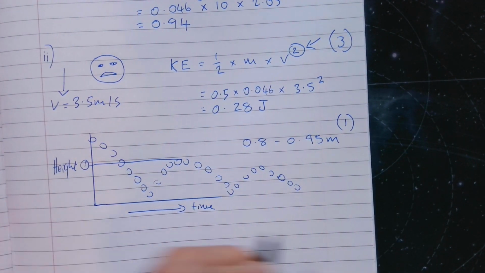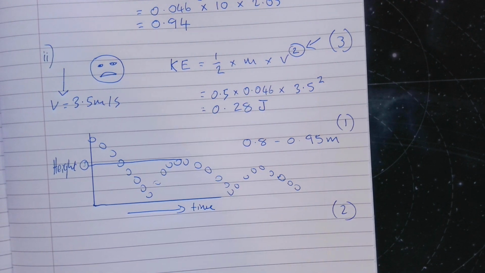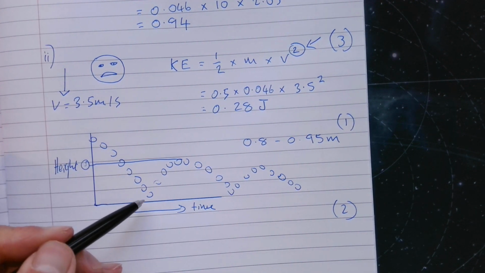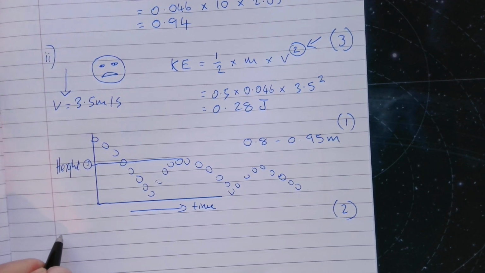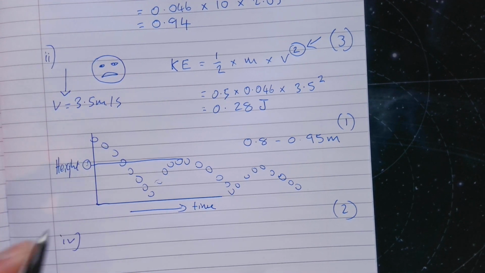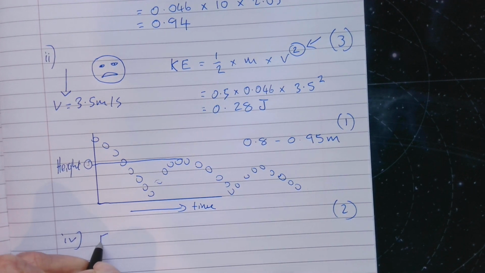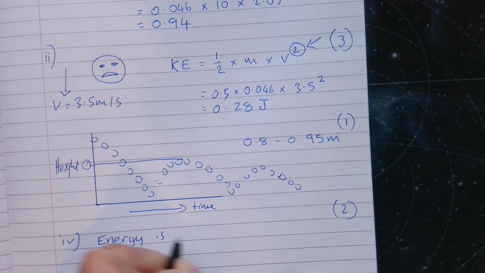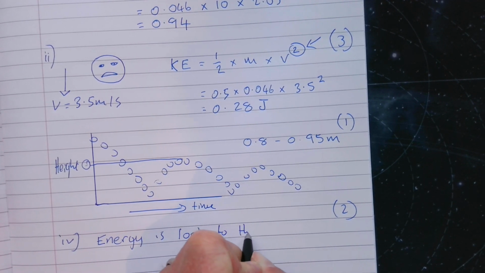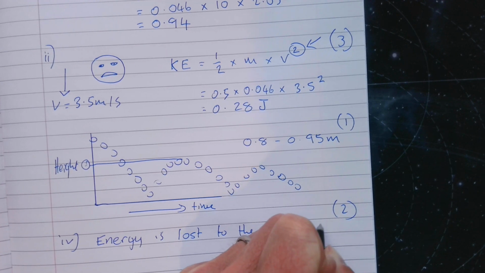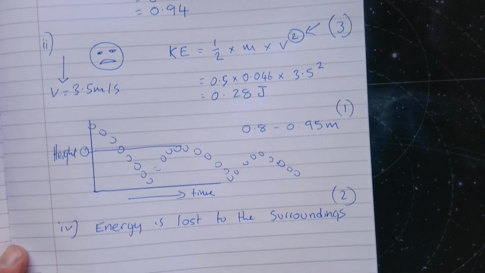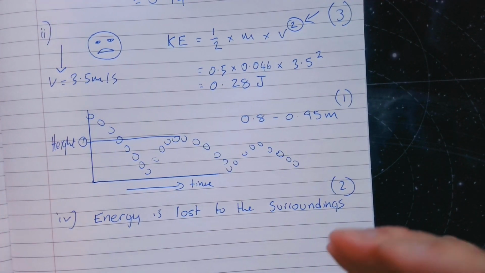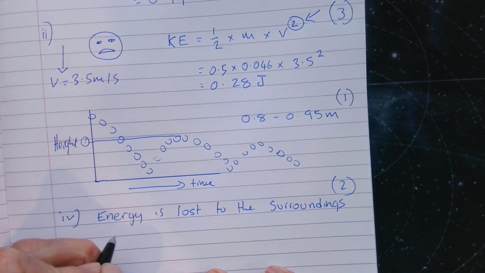And then finally, for 2 marks, we need to explain why the ball does not bounce back. So why does a ball falling not come back to the original height? Well, now kind of makes common sense, but why is that? Well, because energy is lost. Let's put the right part in, part 4. Energy is lost to the surroundings. Now actually that should get you both marks most of the time in GCSE questions, but I would always just to make sure, I would give an example of how it's lost. So maybe energy is lost to the surroundings,